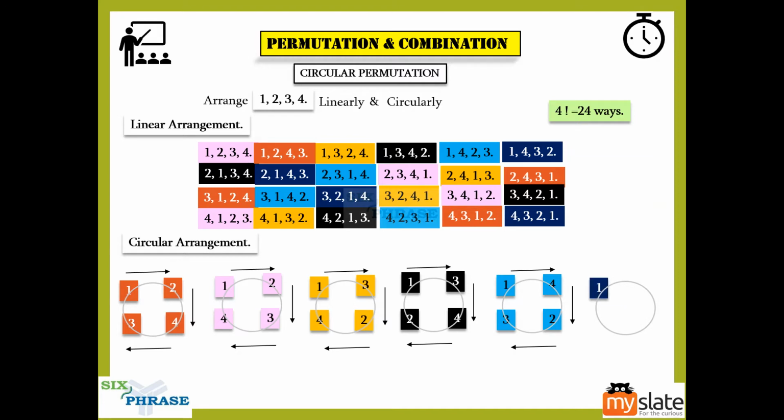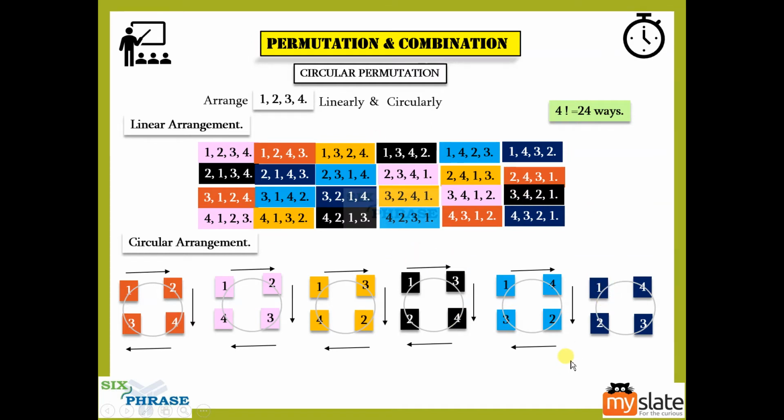Now, the final one, 1, 4, 3, 2. Starting with 4, 3, 2, 1, we have it marked in violet or dark blue. 3, 2, 1, 4 is also here in dark blue. 2, 1, 4, 3 is also here in dark blue. As you can see, using the 6 circular arrangements, I am able to represent these 24 linear arrangements of these 4 digits. Without the 6, you cannot represent all these 24 linear arrangements, guys. So that is why I need 6.